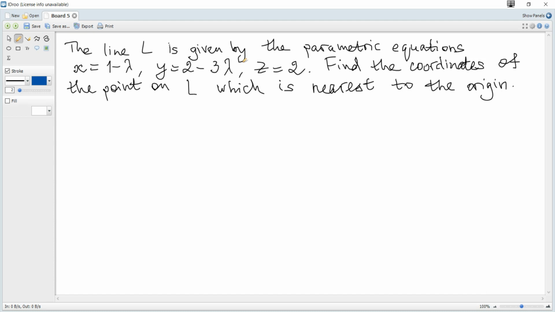The line L is given by the parametric equations. Find the coordinates of the point on L which is nearest to the origin. So it is given a line L, and any point on this line has coordinates 1 minus lambda, 2 minus 3 lambda, 2. And there is the origin,